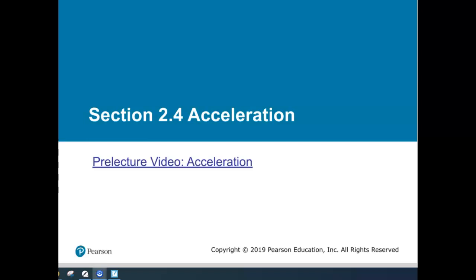Alright guys, so we are now into section 2.4 of the book, so this is still in the first unit of study though, and we're studying how to solve for constantly accelerated problems. So constant acceleration problems. In the last video we looked at graphing and representing velocity versus time graphs, and the slope of the line was the